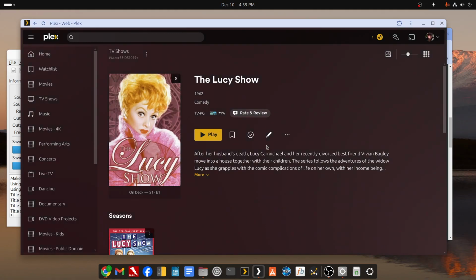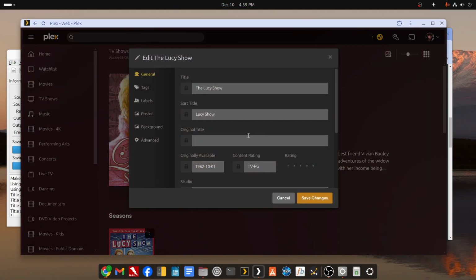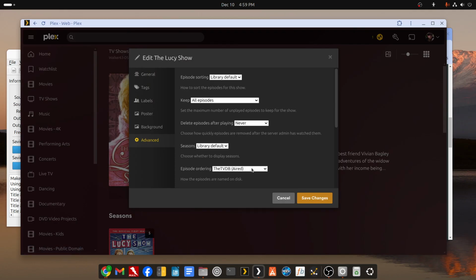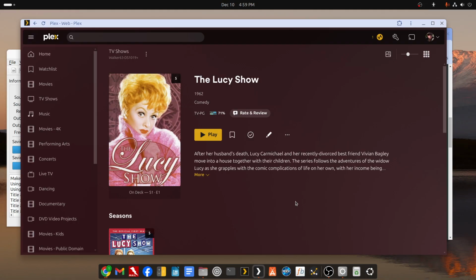So say this show was set at the show level. By editing it, going to advanced, and changing this to TVDB DVD ordering, I would then have to keep a list of this and any other shows I manually edited, that way in case of a catastrophic failure to only my Plex server application files and not my media, if I didn't have a backup of my Plex server installed to reapply